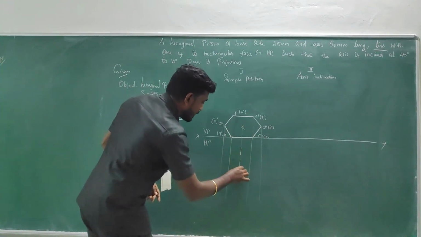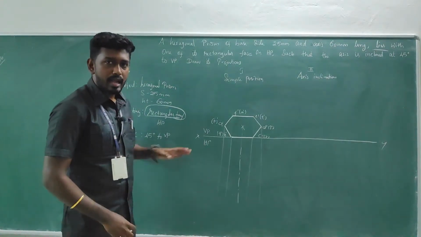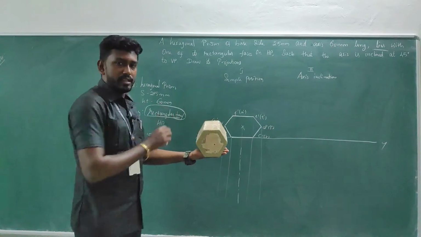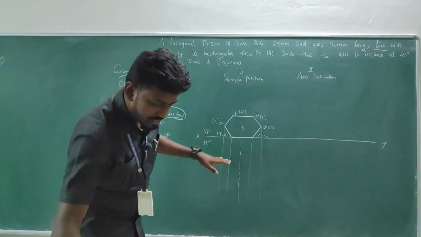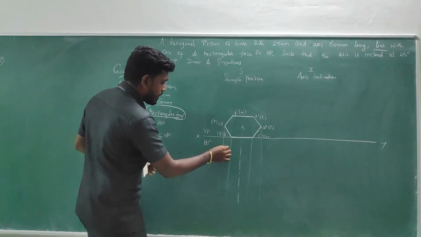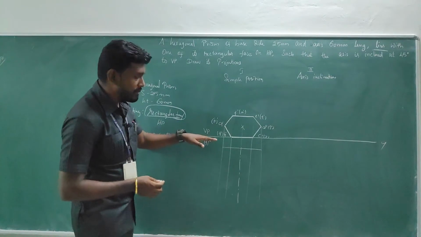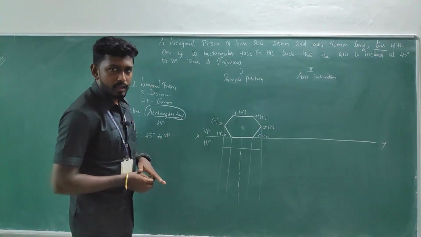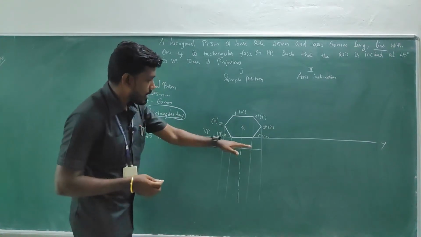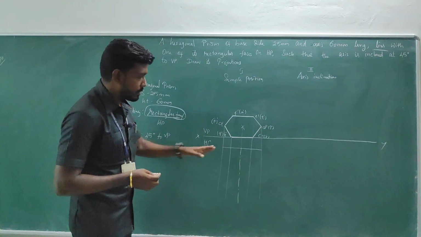So take the long line dash in the projector, something like this, and here it is resting with the rectangular face, not with a base. So I am not going to rest the base here. Already the rectangular face is rest. So I am going to take the base line somewhat apart from the XY line. Okay, it is a different thing from all the questions. I have taken this base line just ahead from the XY line, something like this.